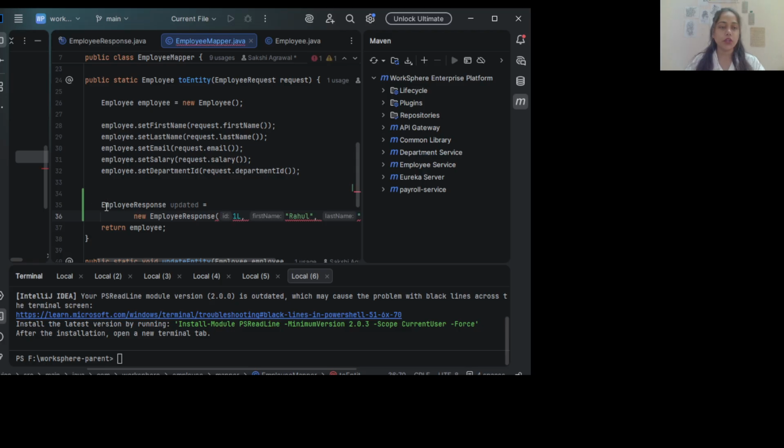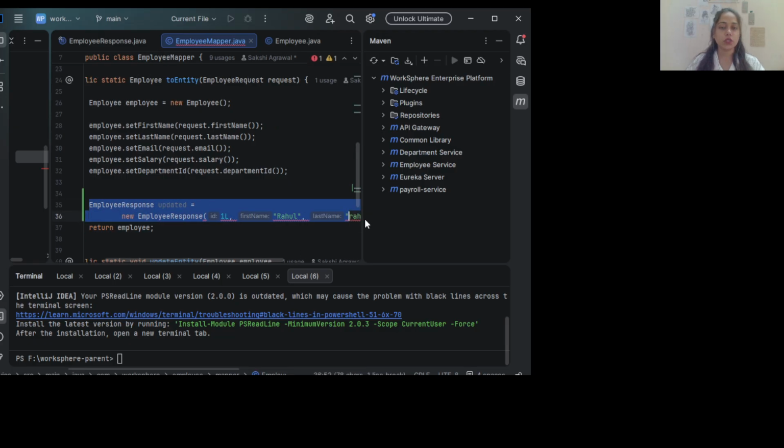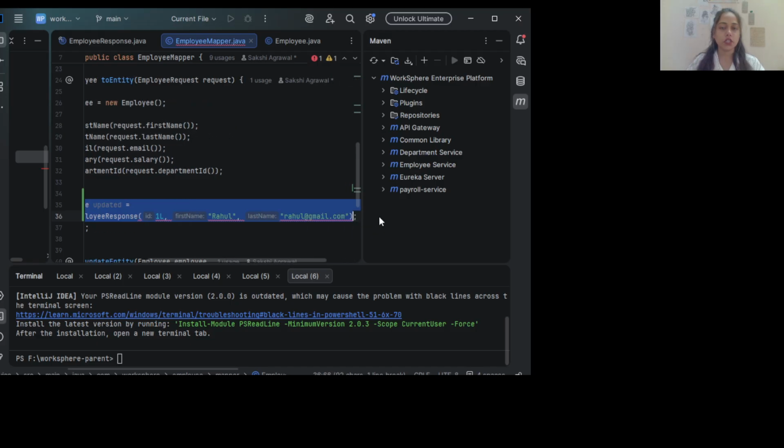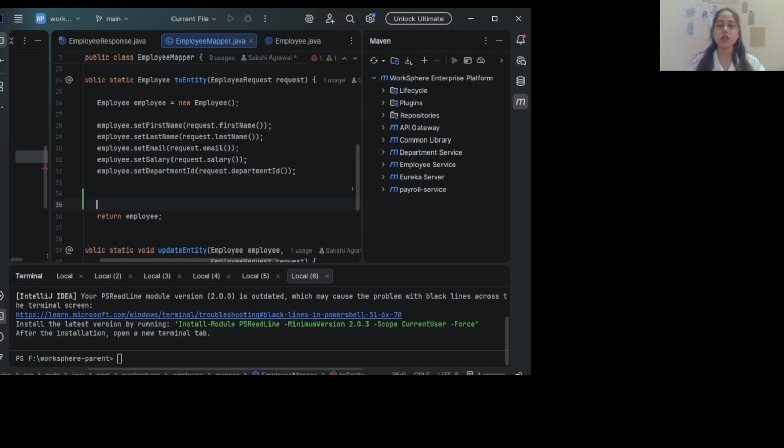So here I am creating a record directly and giving the values. We can do the same thing for the records as well. That means a new object will be created each and every time, not a singleton object.